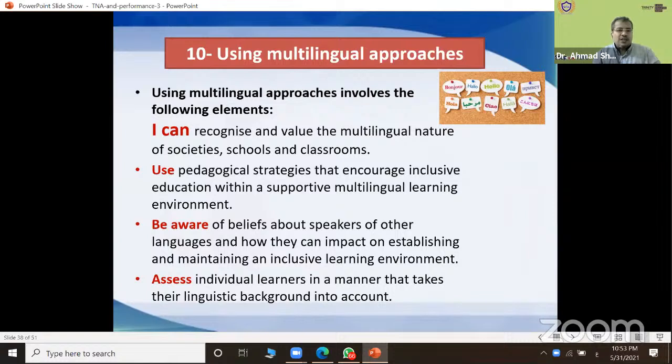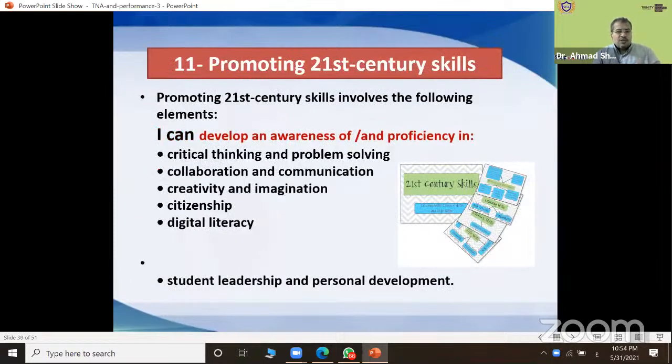So you should take into consideration their language, their social background, their customs, their habits. Assess individual learners in a manner that takes their linguistic background into account. The next one, promoting 21st century skills.